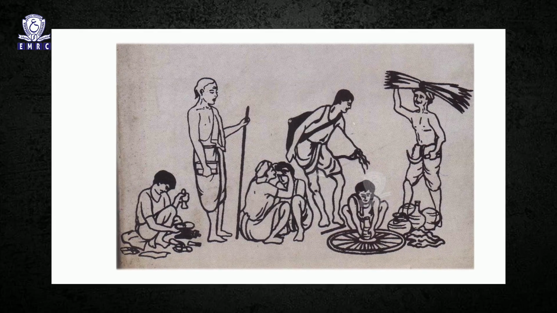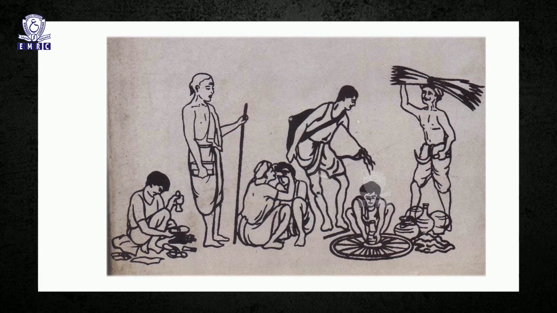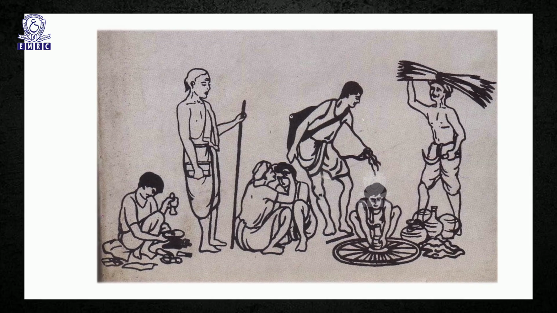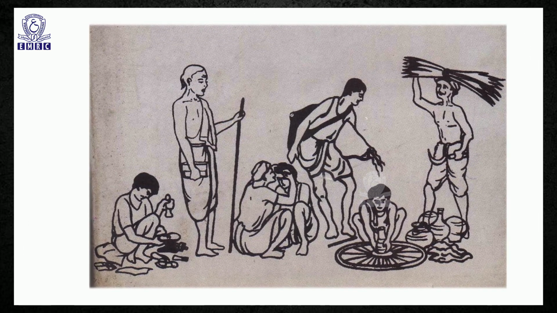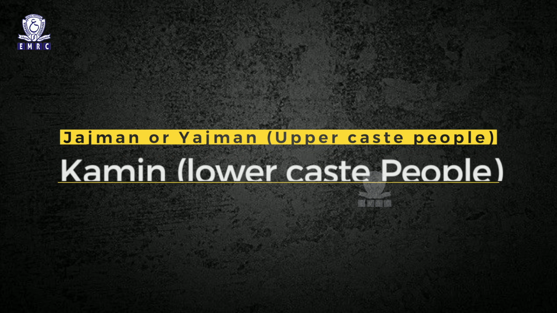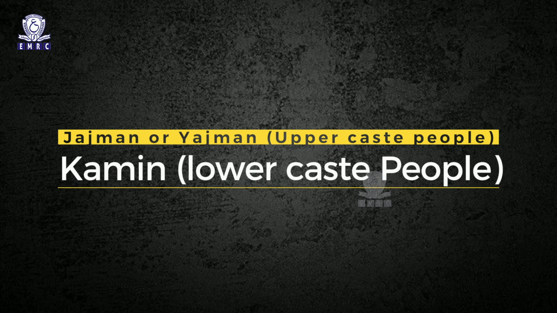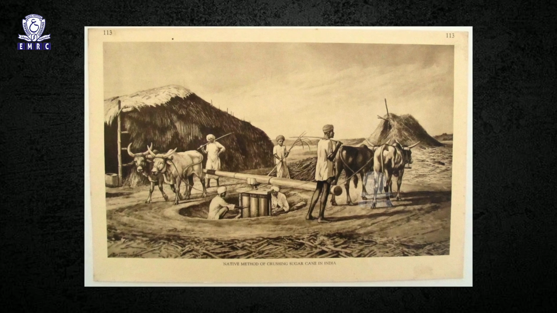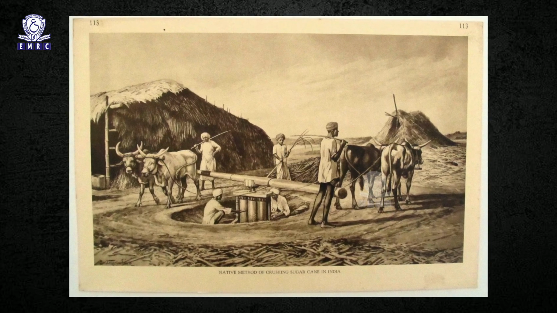Now let us discuss the impact on the economic system. The traditional Indian villages were self-sufficient and self-reliant. The Jajmani system played a pivotal role in economic relations among individuals, with two classes of people. They are the Jajman or Yajman, who are the upper caste people, and the Kamin, usually the lower caste people. The Kamin used to perform various functions for the upper caste people and in turn used to receive grains or